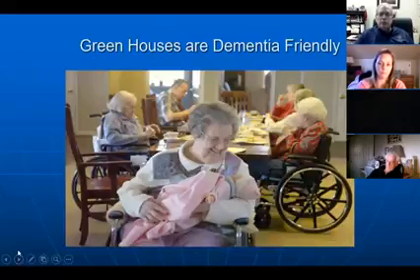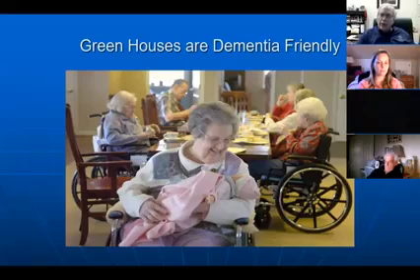Next slide. Very dementia friendly. What makes them dementia friendly? They're small. The patient density is such that there's not a lot of people in your space, so catastrophic reactions are rare. They're also extremely quiet. There are no audible call bells. So when a resident does ring a call bell, it goes to a beeper that the Shabazz carries on their hip. And so you don't hear the clang, clang, or beep, beep in the house that alerts people to the fact that there's a call bell going off.